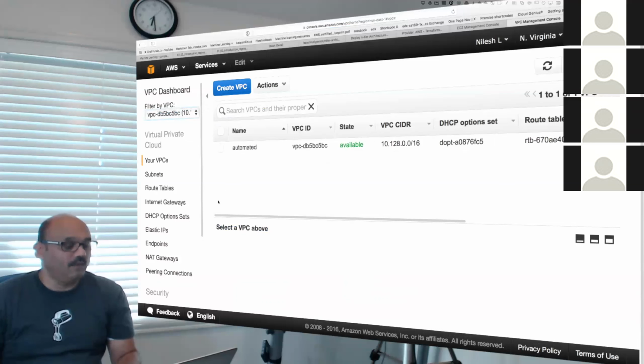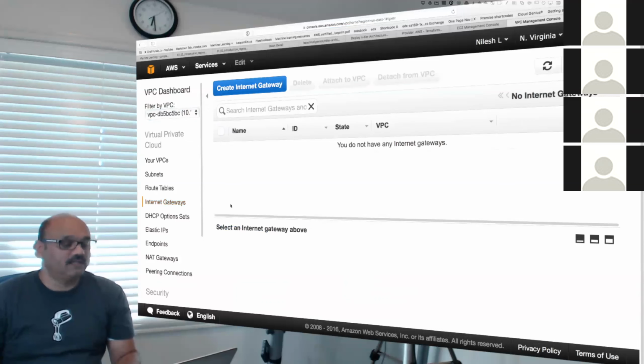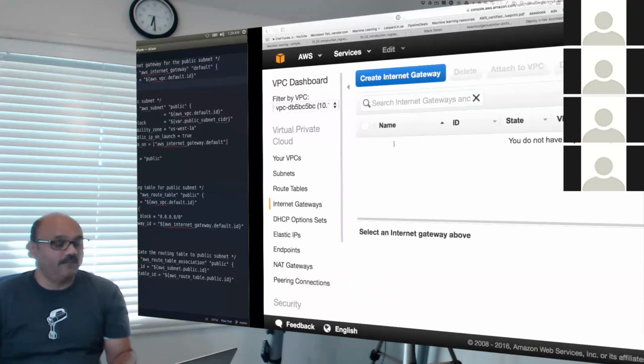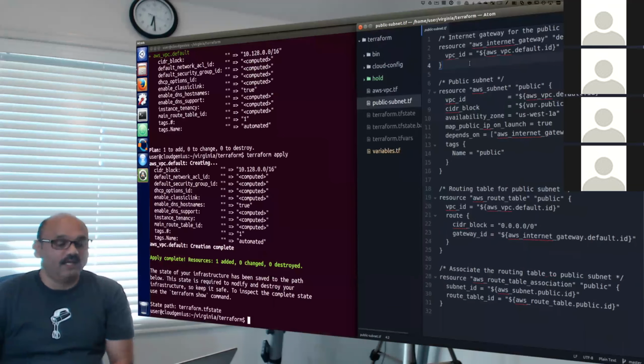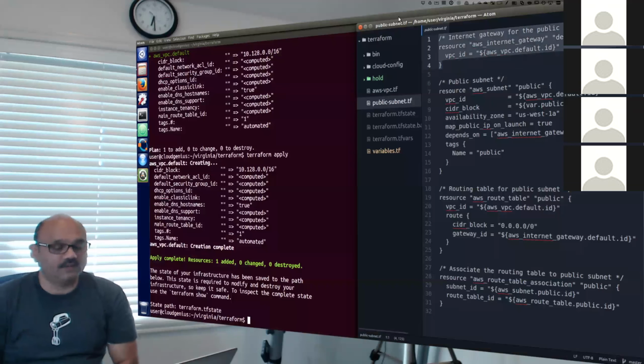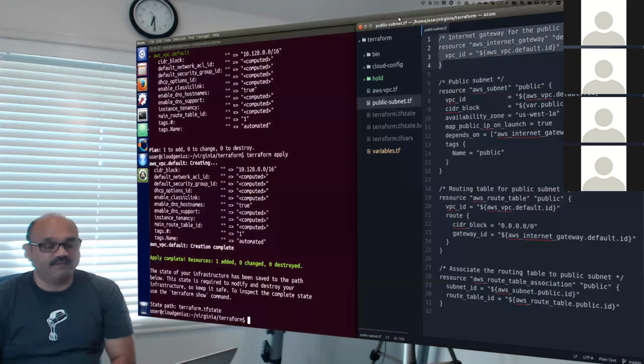And then look at, do we have any gateways? No, we don't, which is expected. It's not there yet. So we want to create it. So I'll create that gateway in this section here at the very top, lines 1, 2, 3. Specifically line 2, 3, 4. It creates an internet gateway for public subnet.